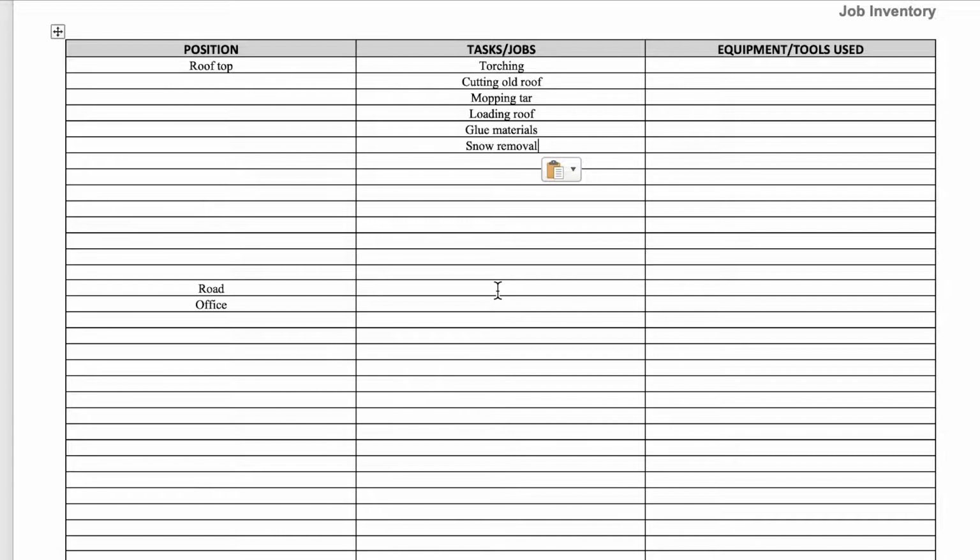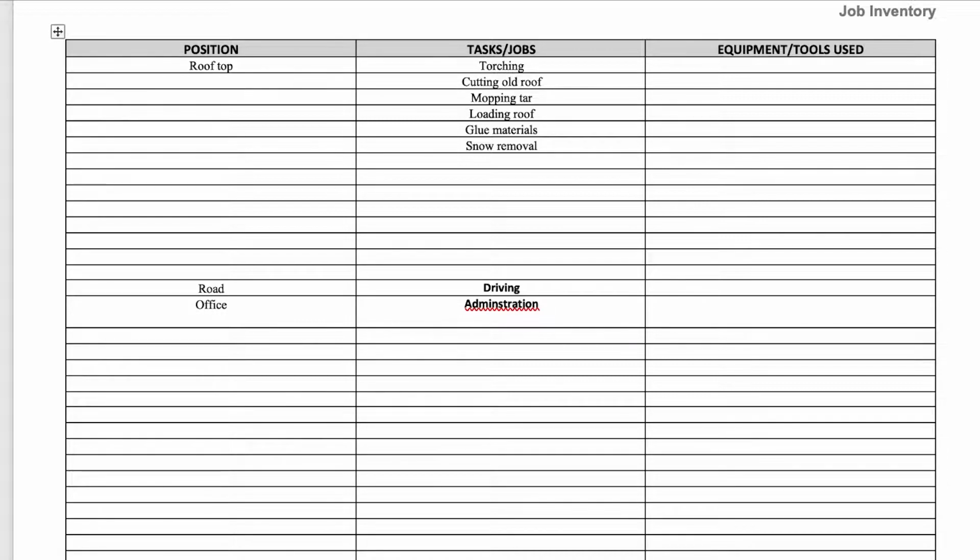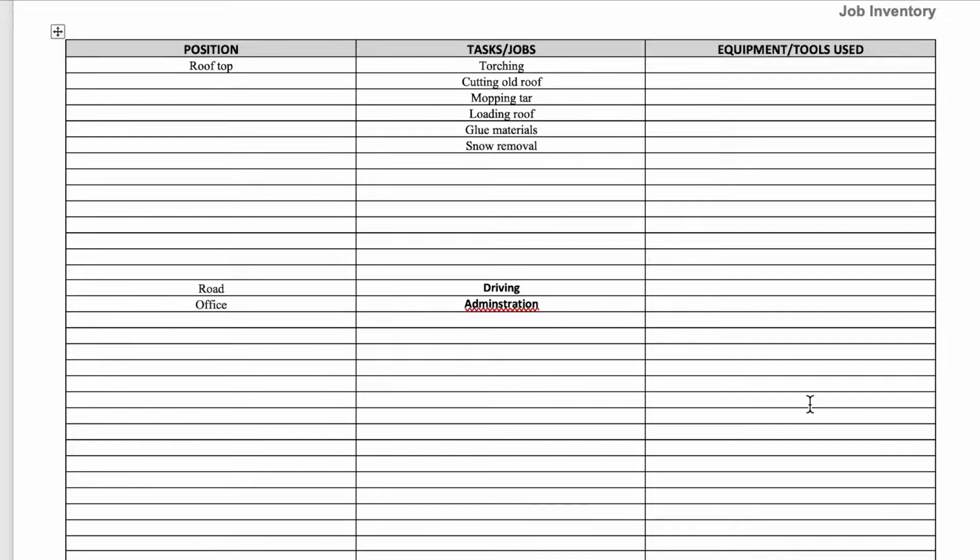For example, road work would include driving to and from location. So you would put driving. Office work generally includes administration. You could put even more specifically in here, working on the computer, answering phones,